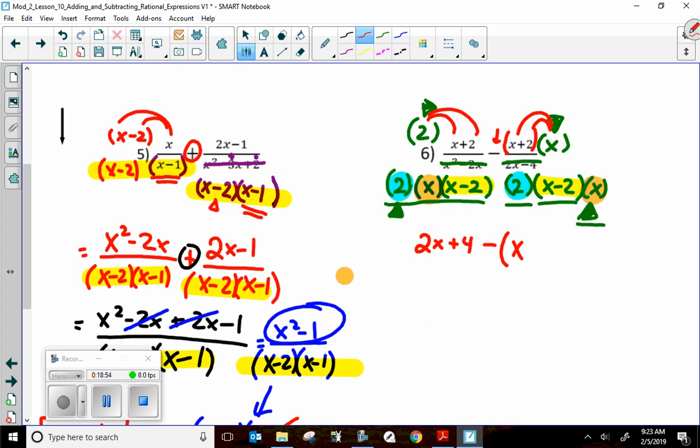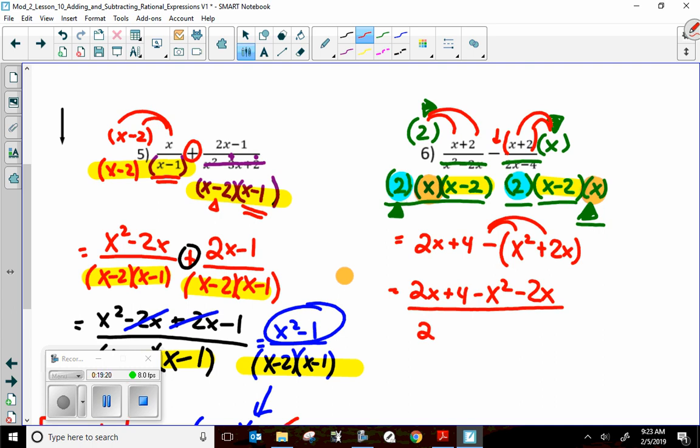So x times x is x squared. X times 2 is 2x. I also have to distribute the negative sign, okay? So I'm not going to rewrite my bottom yet. I'm just going to distribute the negative sign. So now I have 2x plus 4 minus x squared minus 2x. Whew. All over